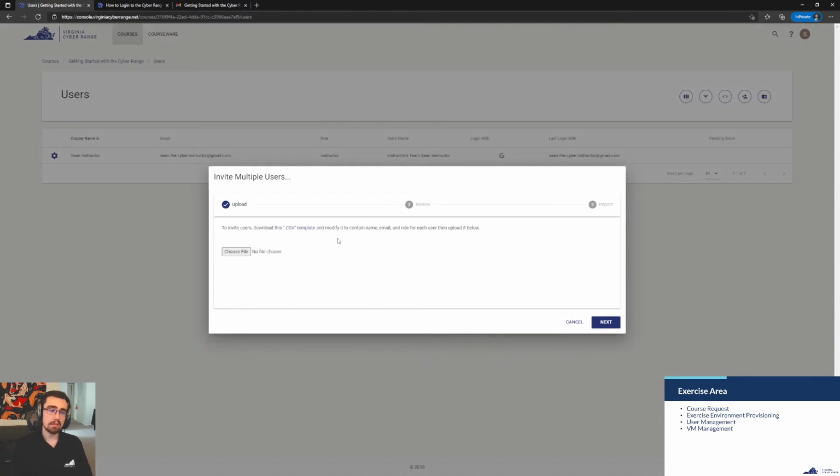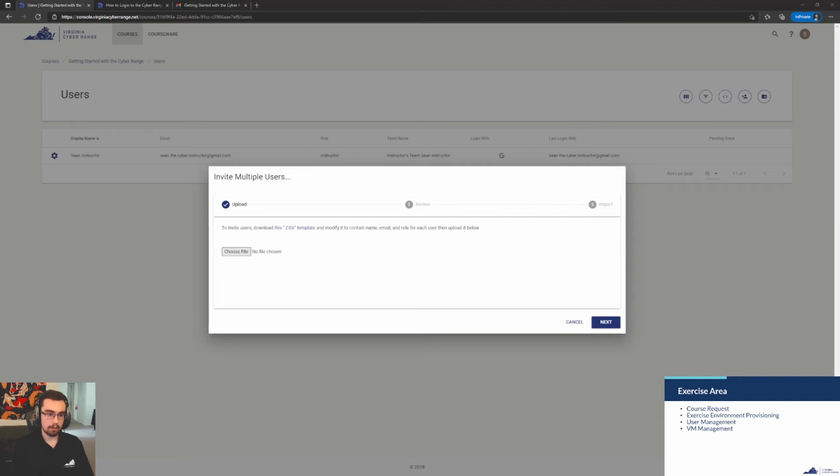With the CSV method, you would download this template that's here in the instructions. That template is really just going to be a few different columns. The columns will have a name, the email, and the role that you want to give to the user.